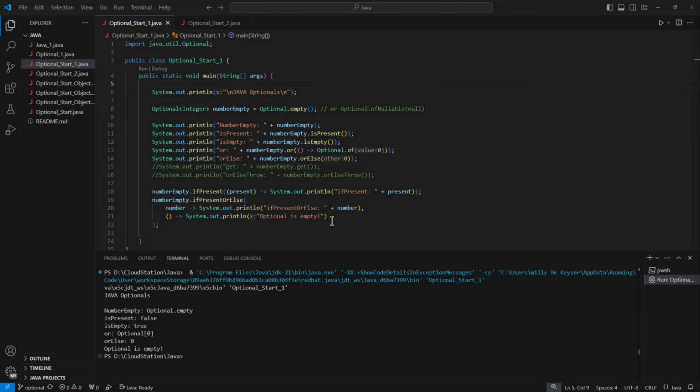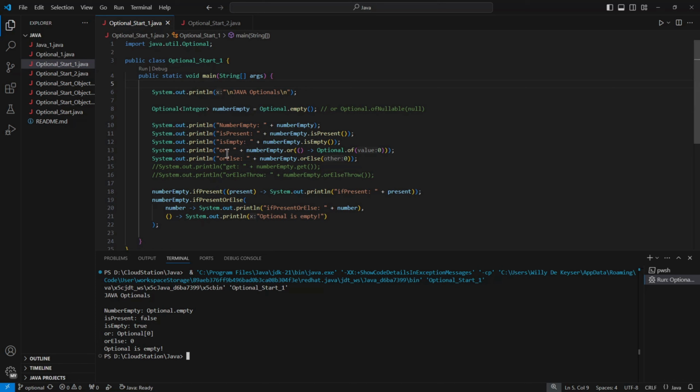The next example, I want to show you some methods from Optional. We start with Optional Integer, empty, Optional.empty, or you can use Optional.ofNullable with null inside. First, we print out the optional. You can see that here, Optional.empty. Then isPresent: numberEmpty isPresent, false, isEmpty, here, true,